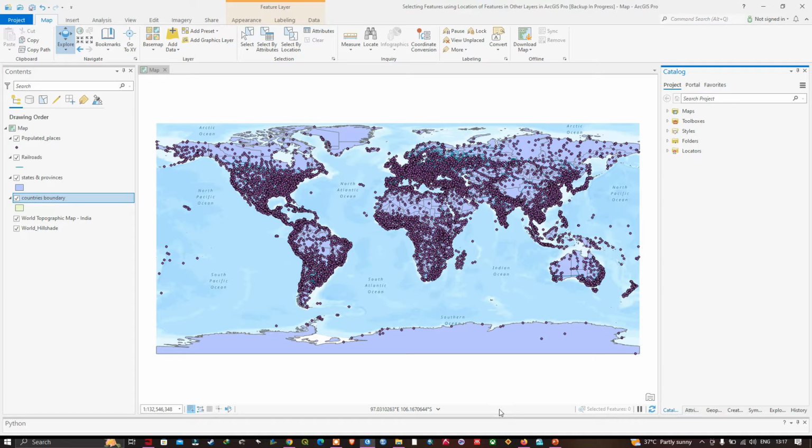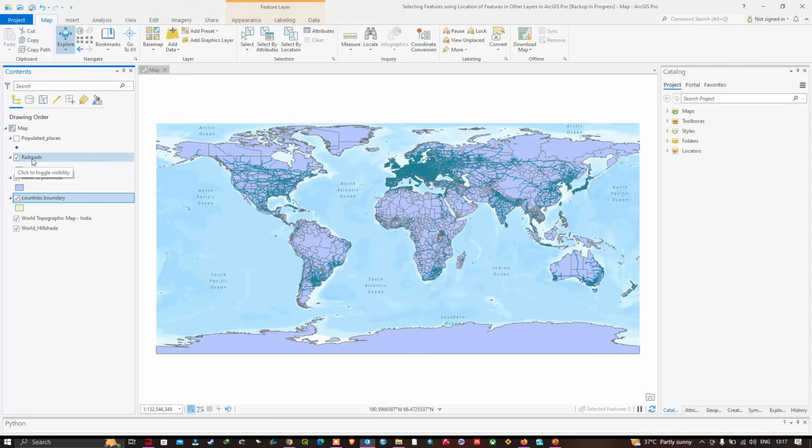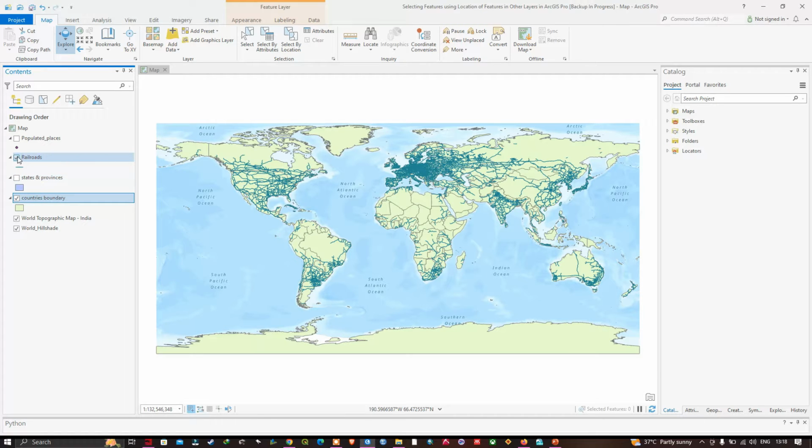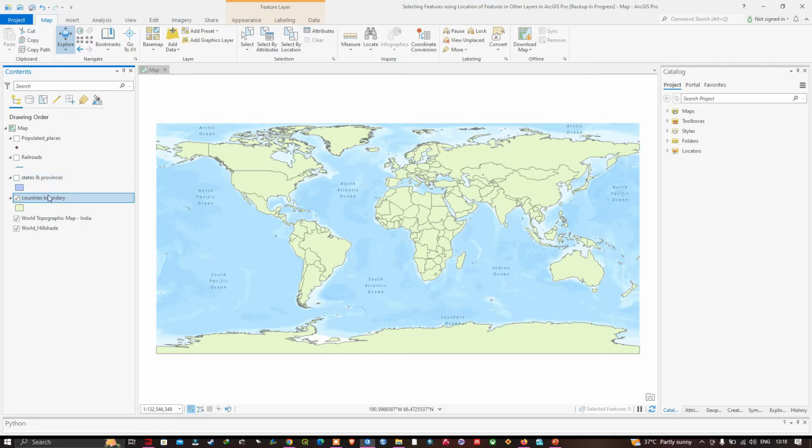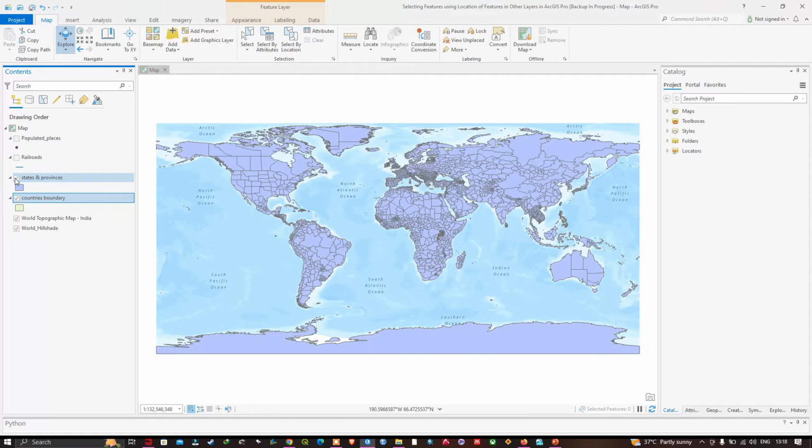Now here you can visualize from the table of contents section that we have four different layers. The first layer represents the populated places, which is a point shapefile. Second is the railroad network, which is a polyline shapefile. At last, we have our state and province boundary in polygon, and the country's boundary layer. Let me show you that. This is our country's boundary layer, and this is our state and provinces layer, and this is the railroad